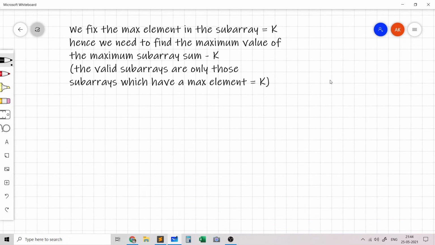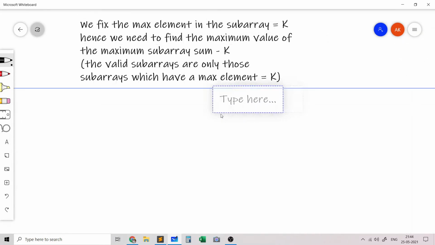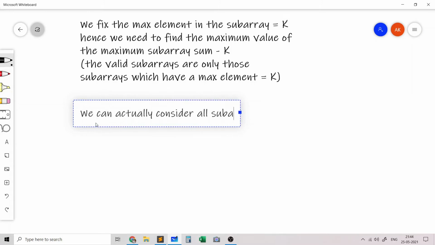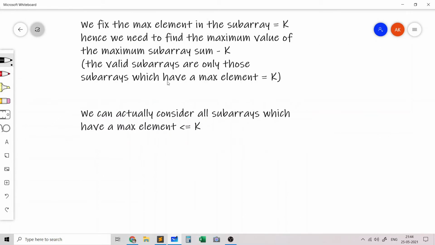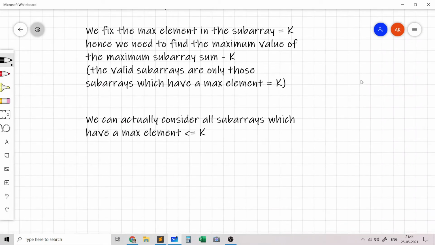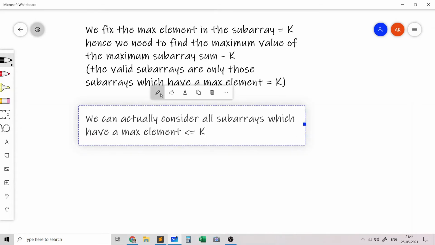Now one thing to realize is that since we are always subtracting out the value of k, we can consider all subarrays which have a max element less than or equal to k. It doesn't have to be the case that the max element is equal to k. That's how we initially defined it, but even if the max element is less than or equal to k, we'll still get an optimal answer.